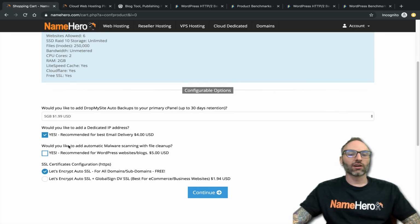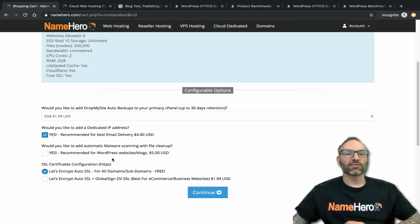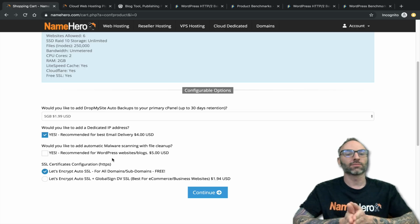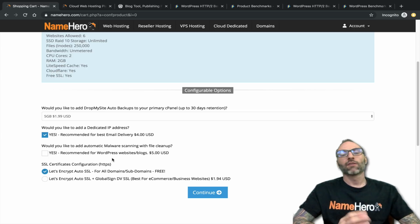We have another feature called automatic malware scanning with file cleanup. So this is fantastic for WordPress. WordPress is free and open source. That means anyone can go to wordpress.org and download it, so bad guys and gals included. And because it's open source, some evil actors out there will figure out ways to inject malicious code into your site. There are many different reasons they do this. Sometimes they want to compromise the site. Sometimes they're just trying to use your email account to send out emails. But for whatever reason,